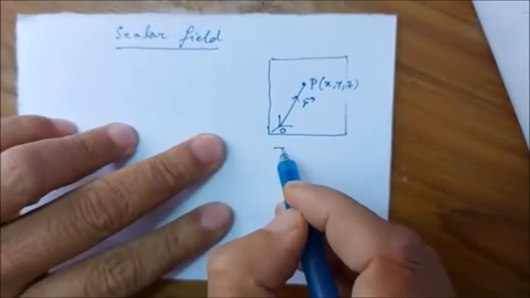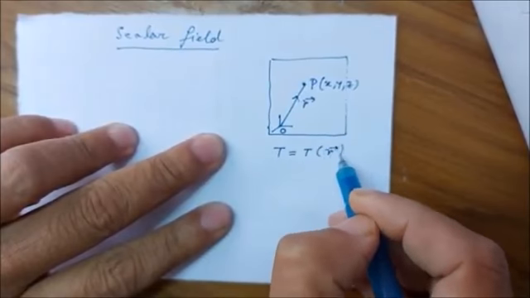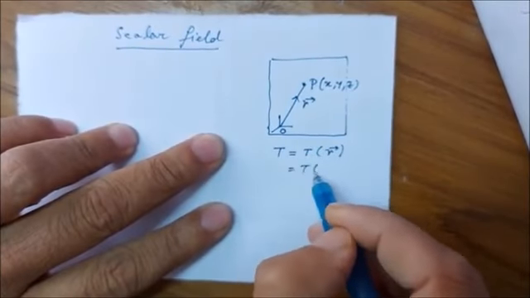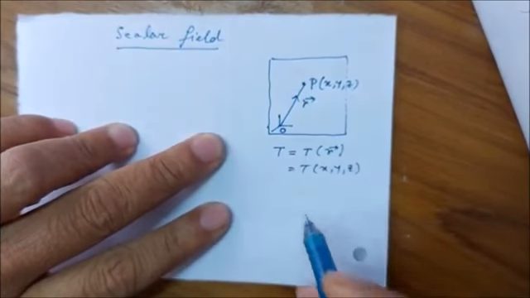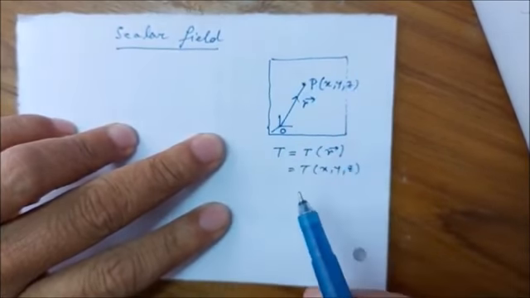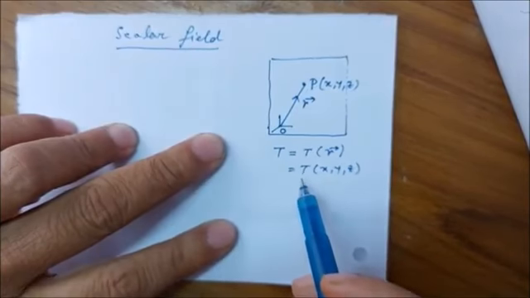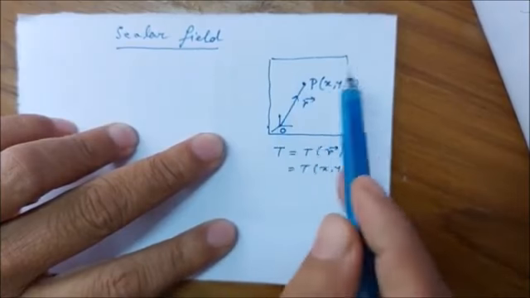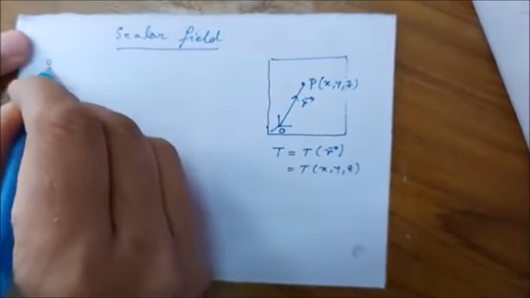In other words, temperature is therefore a function of vector r or x, y, and z. We will say that in this region there is a temperature field, and since temperature is a scalar quantity, it is a scalar field. So the formal definition is